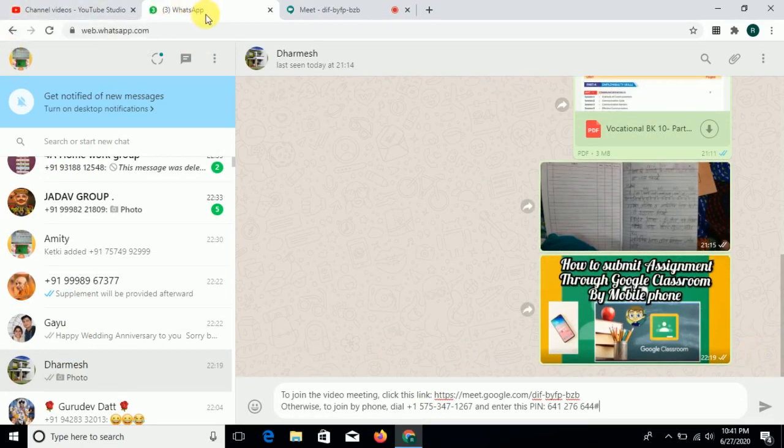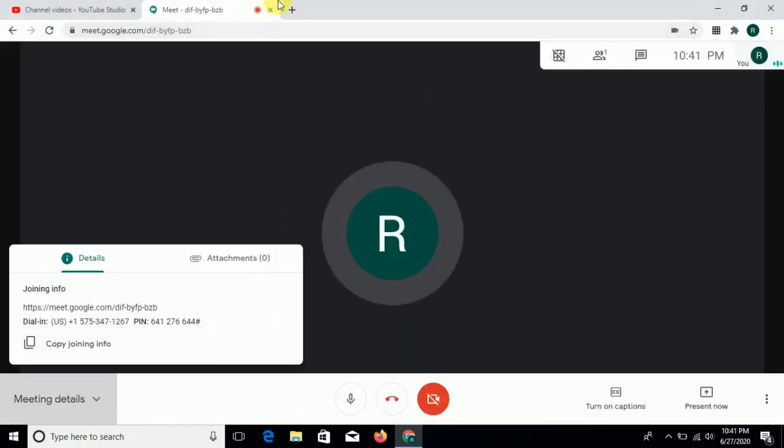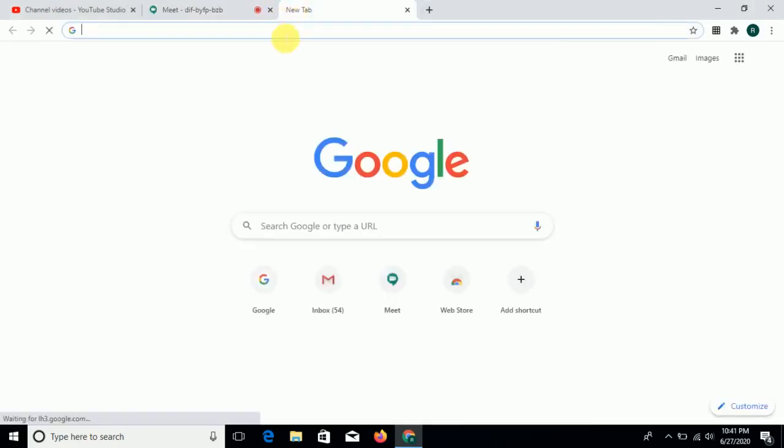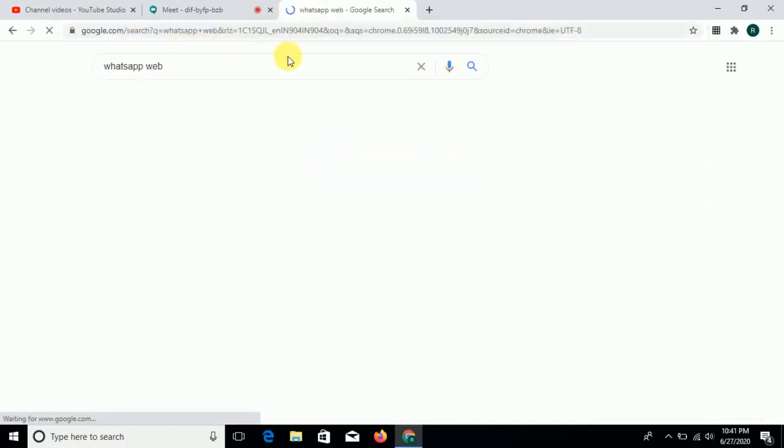First of all, you must know how to open WhatsApp Web. So let us start that. You will click over here. You will go with WhatsApp Web. You will search for it. As you search over here, it will show you that you have to scan the QR code which is there in your mobile